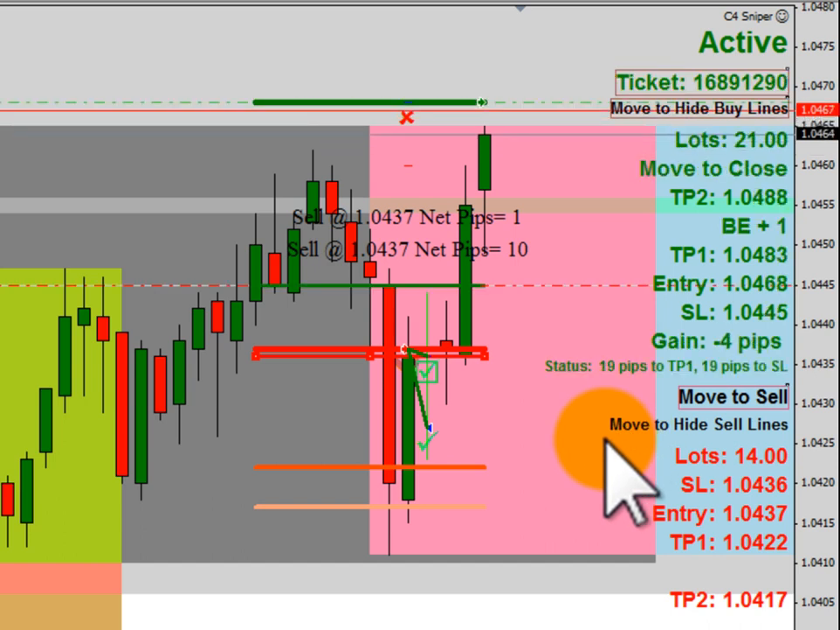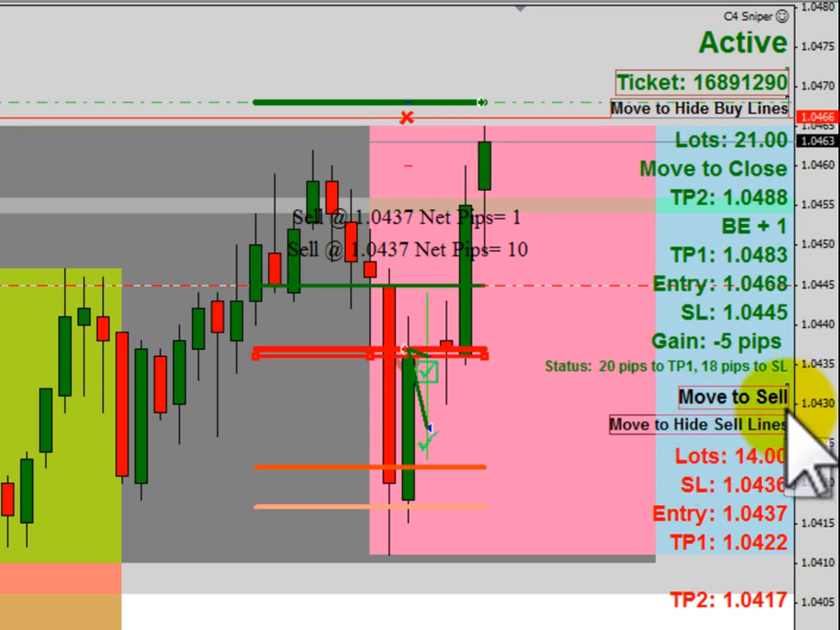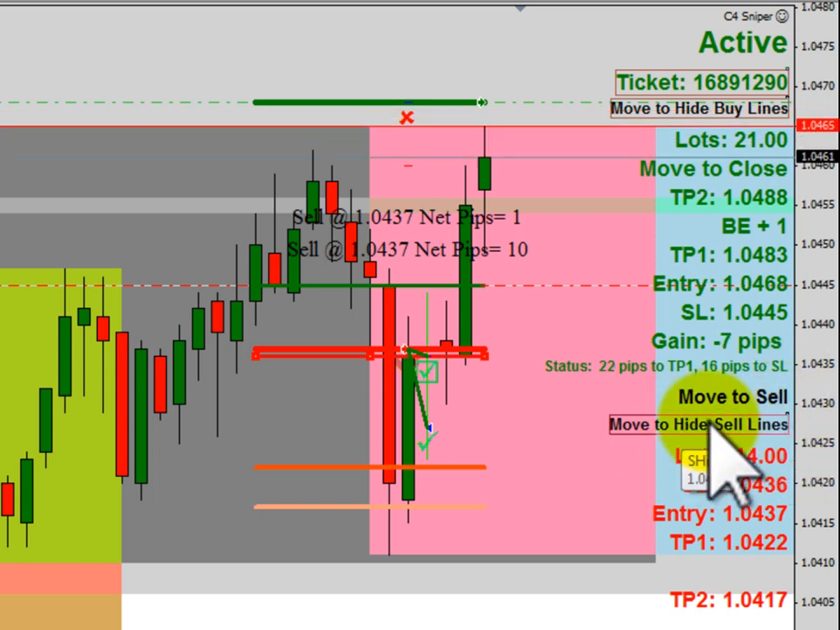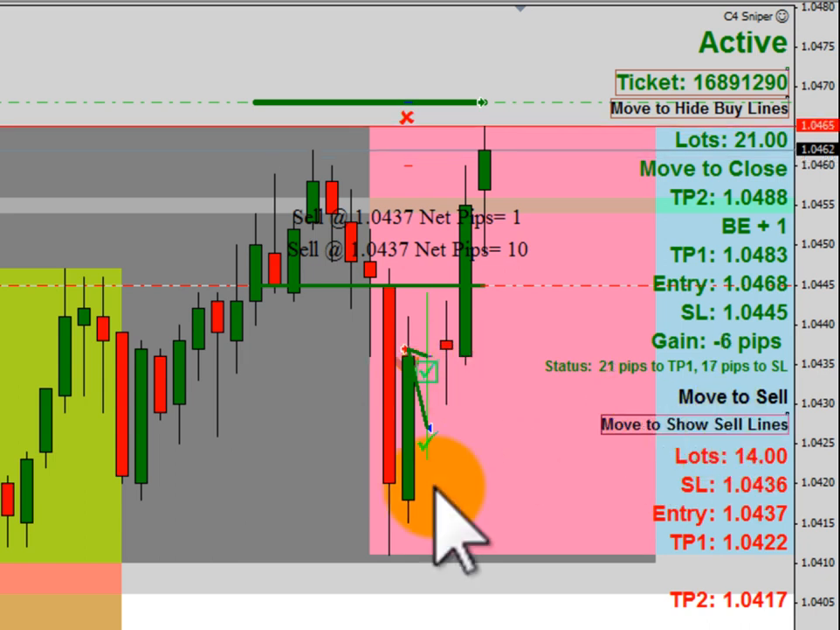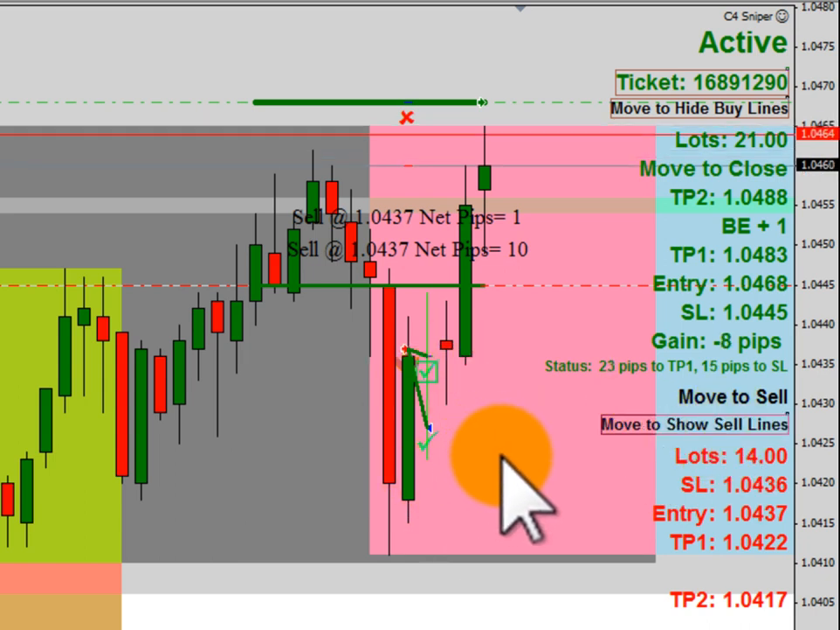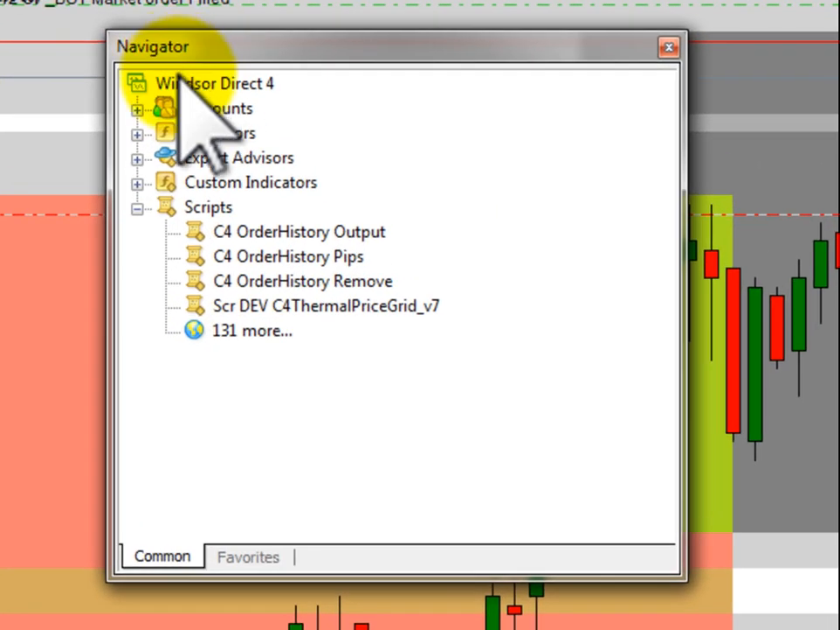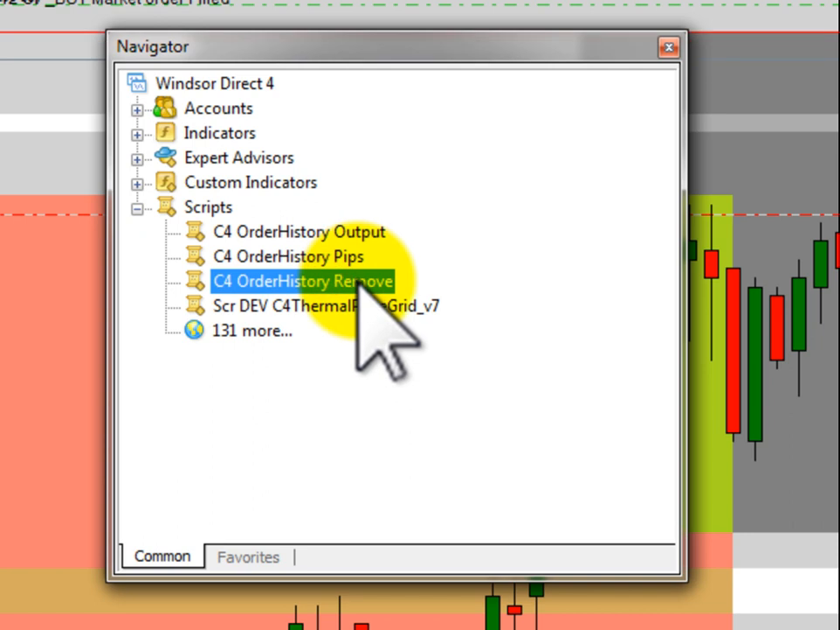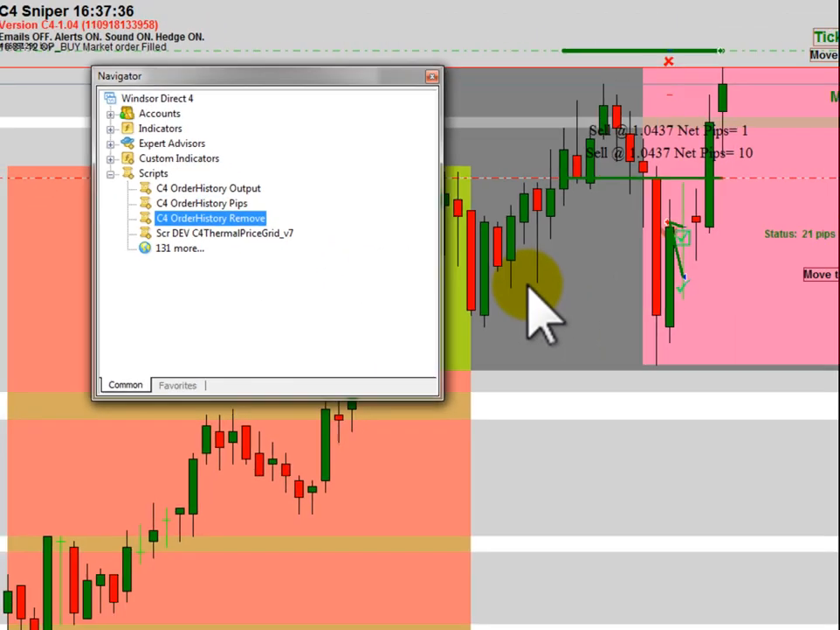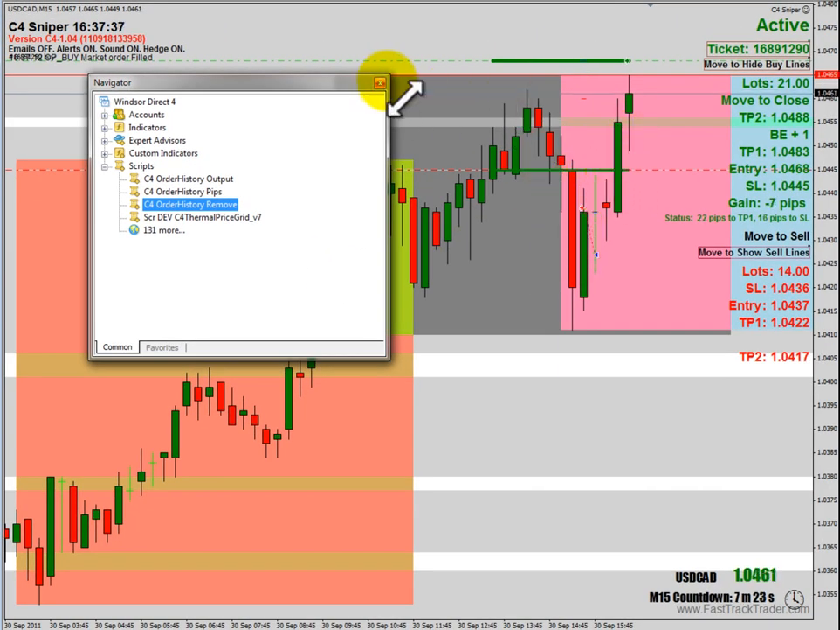Now I can move to hide. You click on this right edge, move to hide the sell lines. That'll clean this up. And if I want to get rid of the order history lines, I just go back to the Navigator, open up scripts, C4 order history remove. I drag it onto the chart and drop it, and the next tick, boom, there it is. Cleans everything up. Alright, so we'll let that run. Let's take a look at